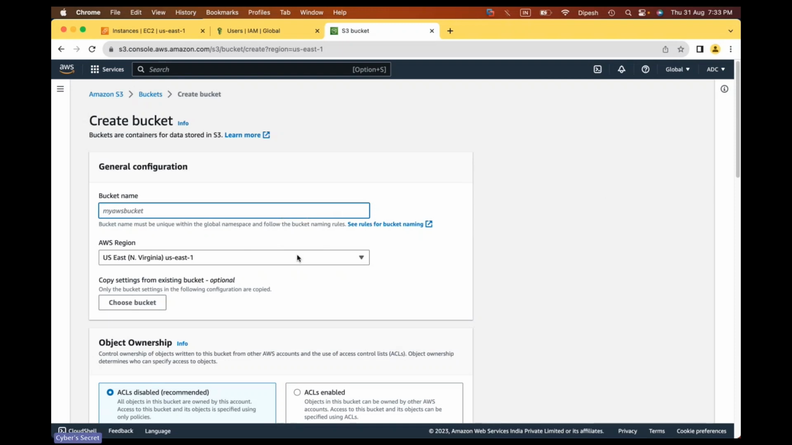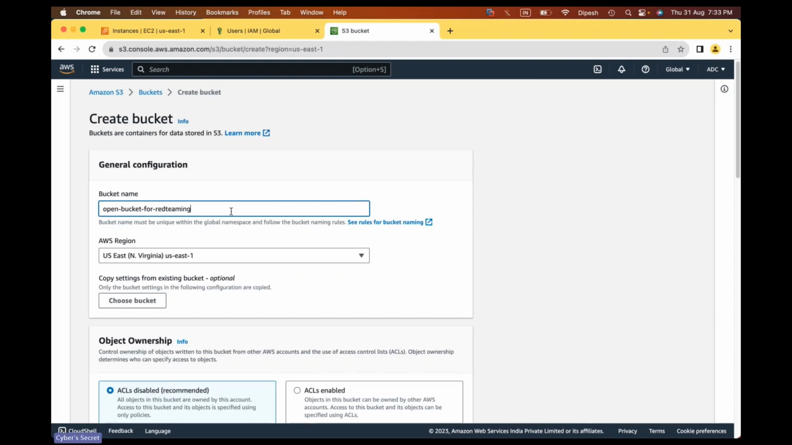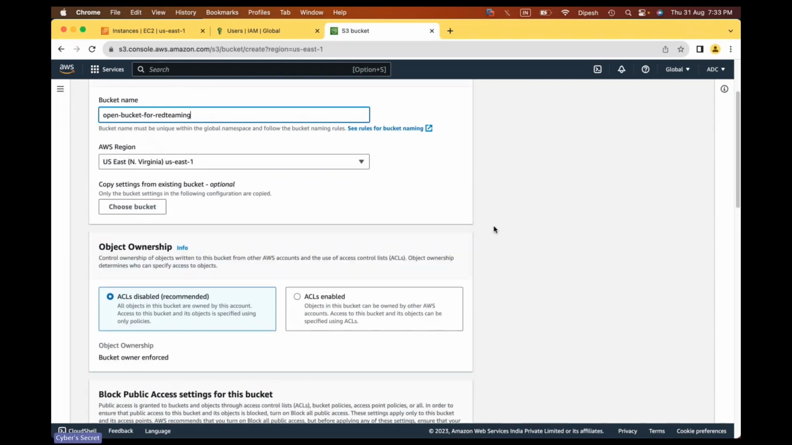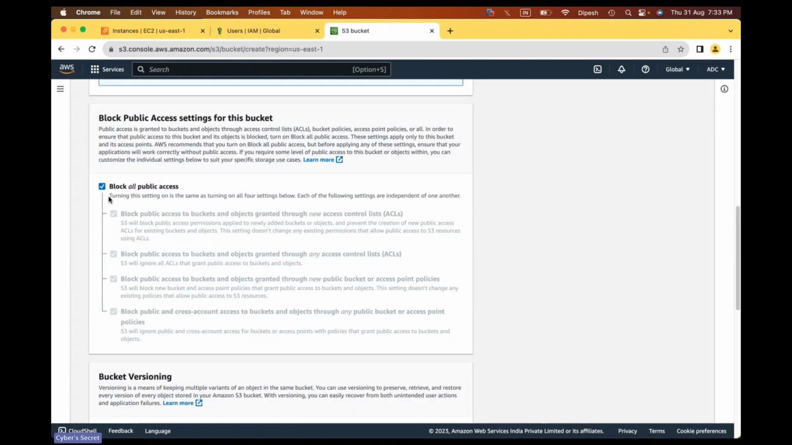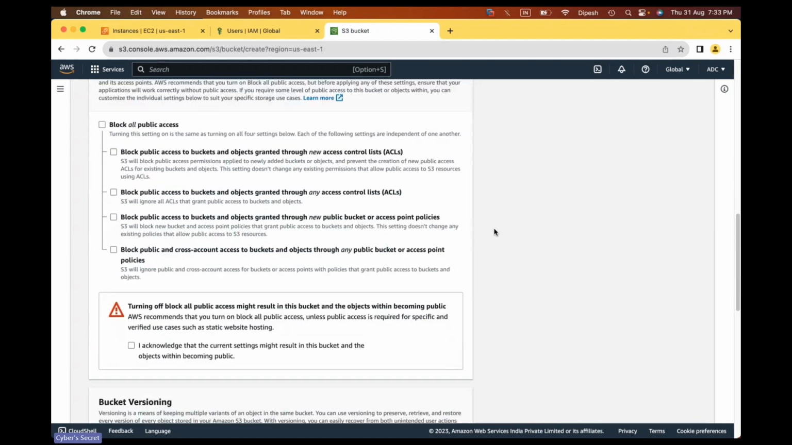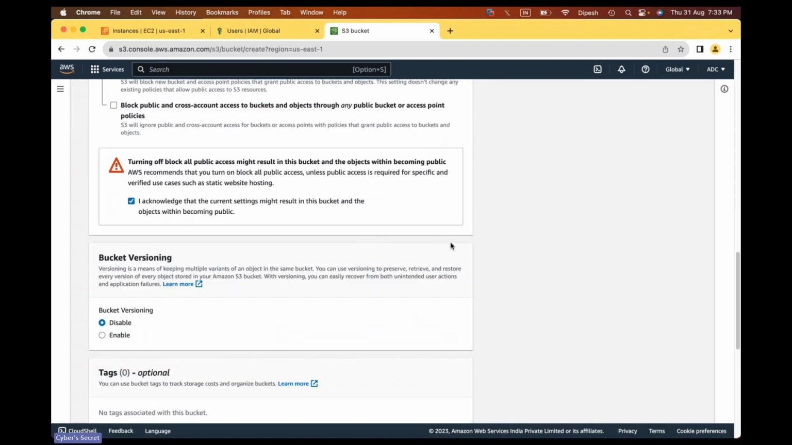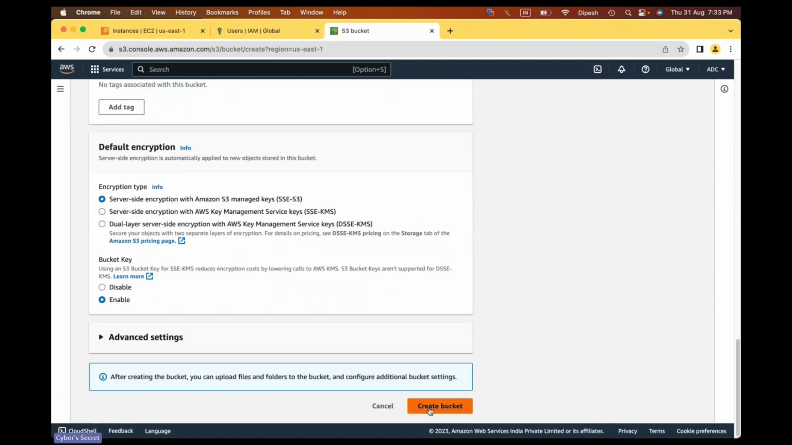So next, I'm going to create a bucket and I will give it a name, open bucket for red teaming. You need to make sure that this name is unique under AWS. If this name is not unique, you will not be able to create the bucket. Next, I'm purposefully going to keep this bucket public so that you will see what impact it can have. So if your bucket is public and doesn't have properly configured permissions,